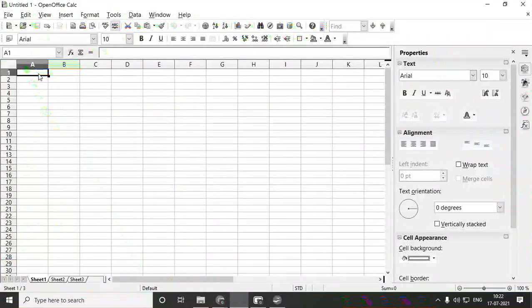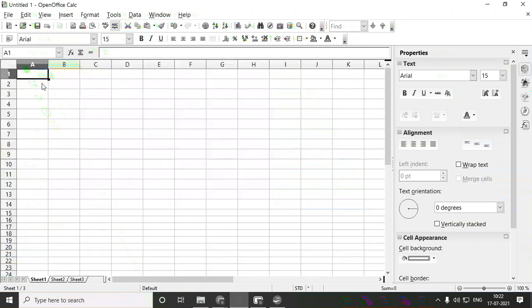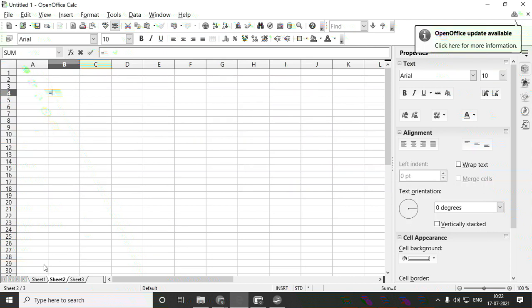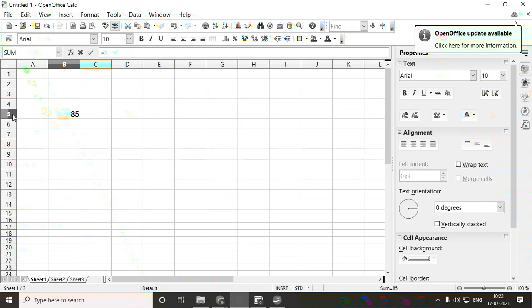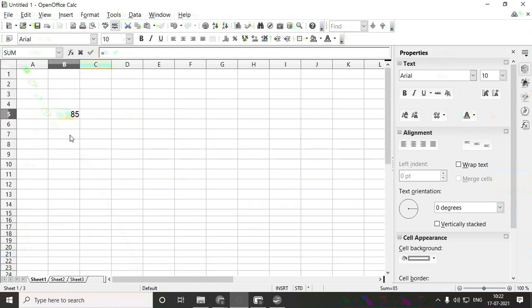Okay, so here what I'll do is, this is cell reference with the help of mouse, how to perform only with the help of mouse. First I'll increase the size. Here in B5 I'll enter 85. In sheet 2 I'll enter the equal to sign. Now in sheet 1, in B5, 85 is there. In sheet 2, I have written the equal to sign in B4. I want to change this equal to sign with this number 85.